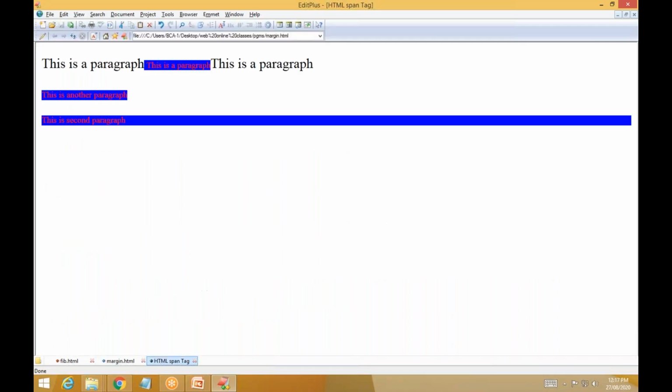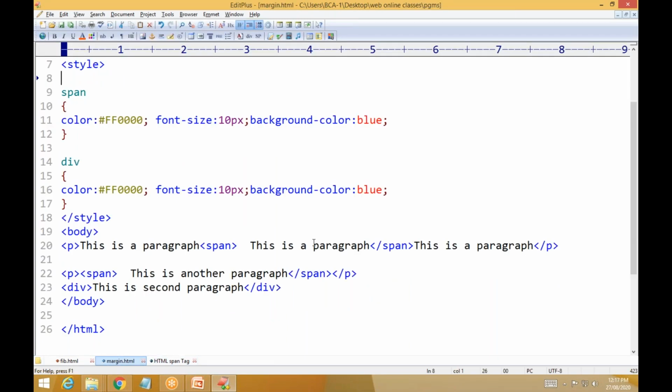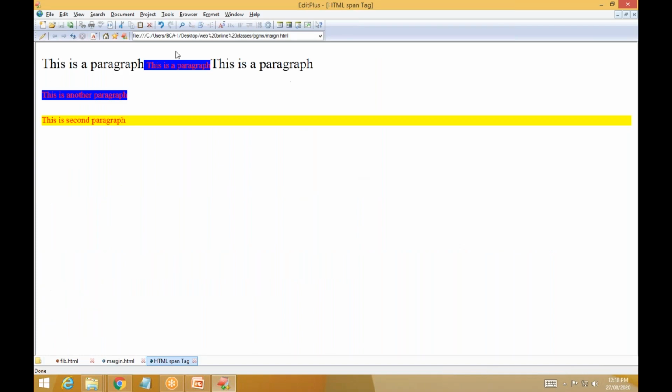Just now, these are the three paragraphs. I'll just change the color to yellow, semicolon, save. See now, these are the two span tags. Whatever text is there, it automatically takes that much space and color.